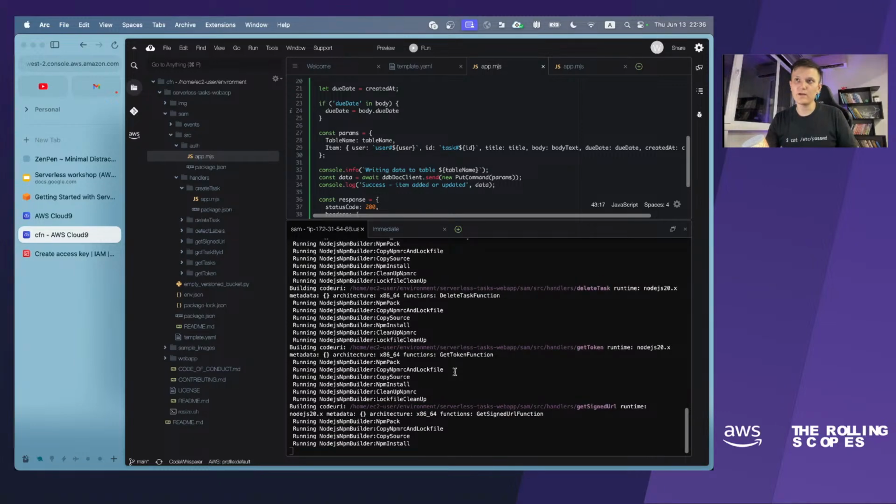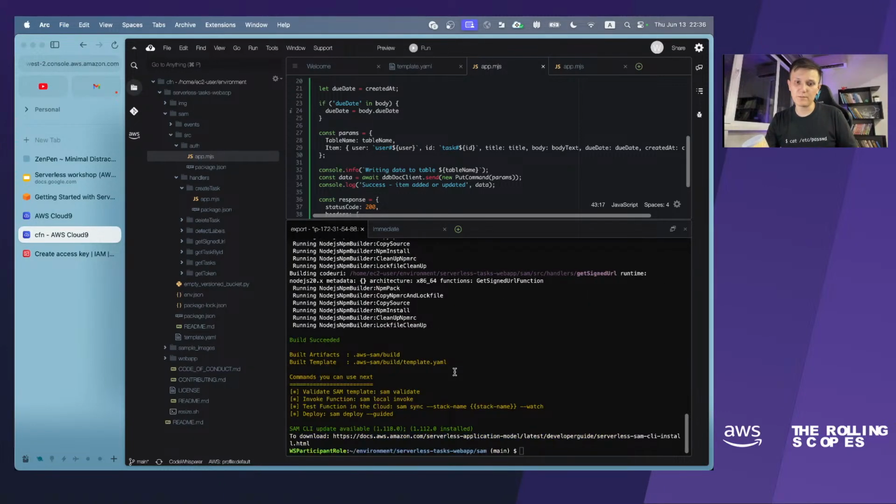So the main advantage of SAM over the CDK is that SAM builds your Lambda's code, and SAM is able to run your Lambda's code locally. But CDK also has some advantages. I know that you use CDK for your home tasks right now, and CDK is a very nice way to manage your infrastructure if you are not DevOps but you are a developer. So you can use your favorite language to manage your infrastructure.